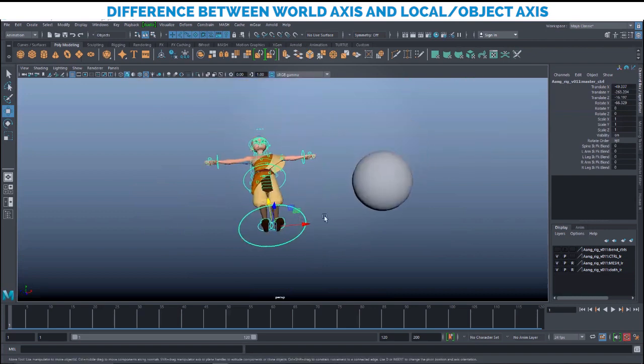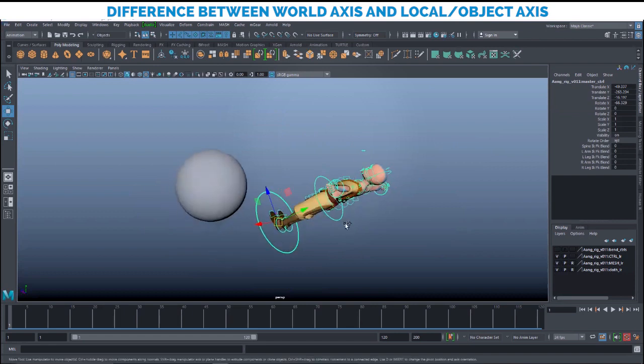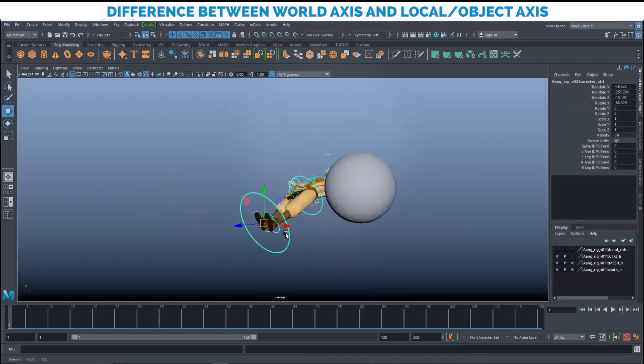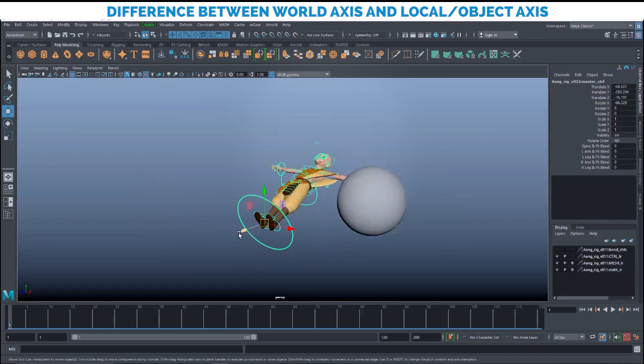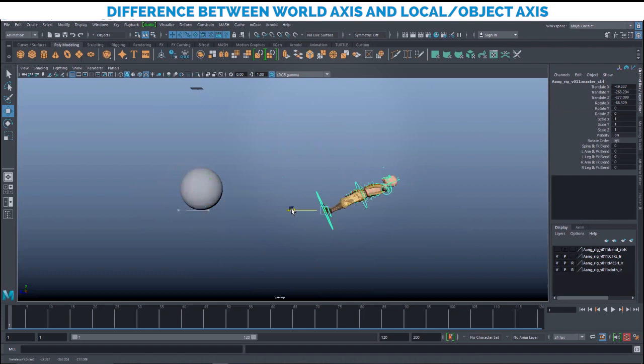But if I go for the world axis, which never changes for anything, it is the same. Now if I have to get that position, it's very difficult because I'll keep moving like this, making adjustments,